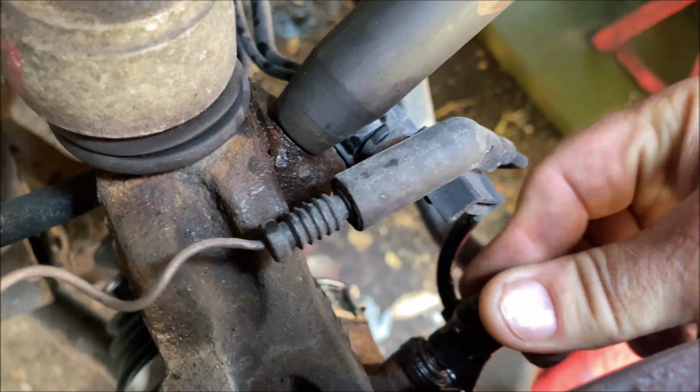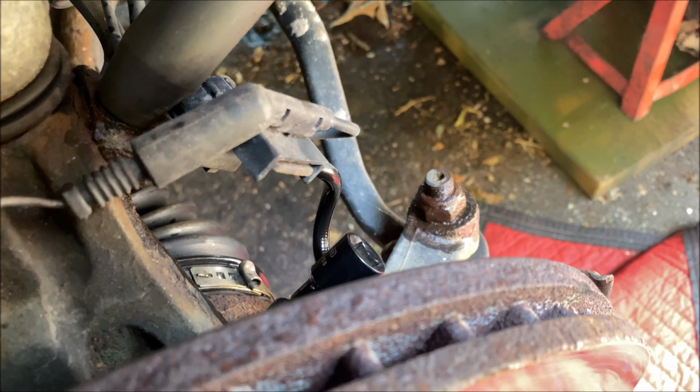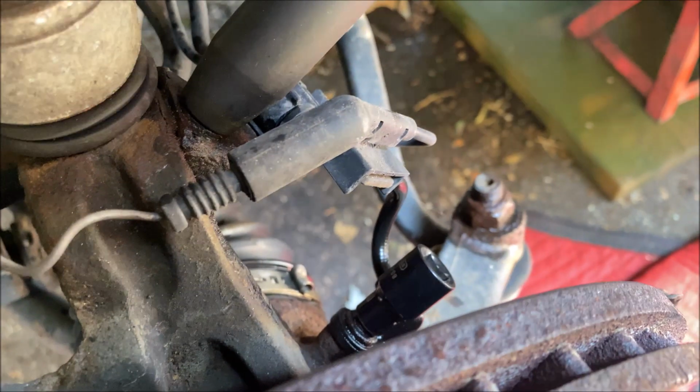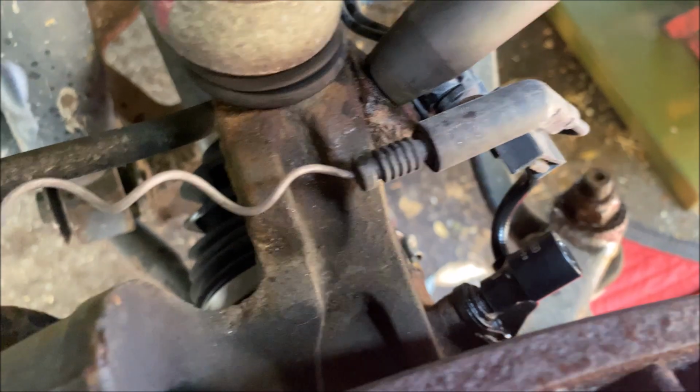This is on a 2005 ML350, and there is a possibility that some cars may have slightly different fasteners. This could be a 10mm on yours. This could be an E10 on yours. But that's just the difference. So we're going to pull this one off, pull the wheel speed sensor off, pull this one off